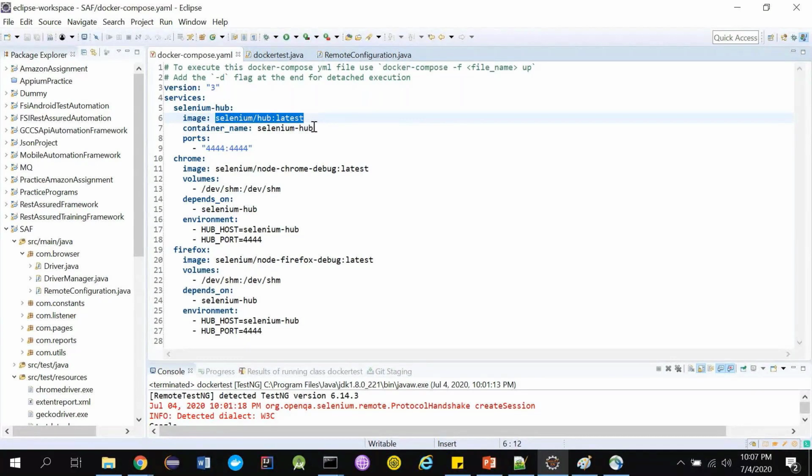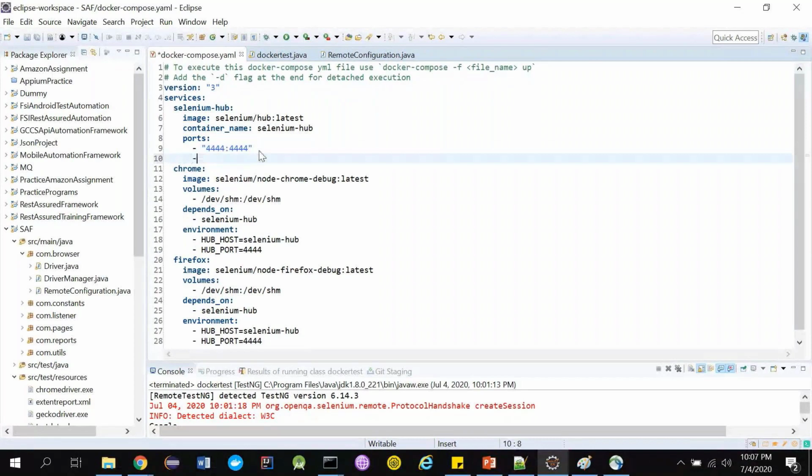If there are possibilities that you can use multiple items, then you need to use it in this way. So you can also expose your port 4445, guys. It's also possible. You can expose them, but we don't have any usage for this, so we are not exposing it. But there is a possibility, so we are writing in this particular format.